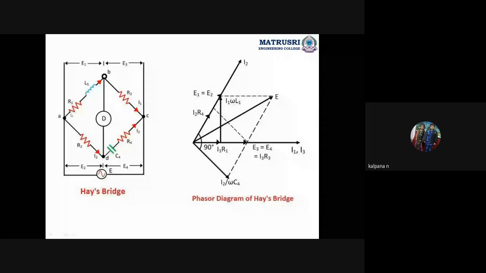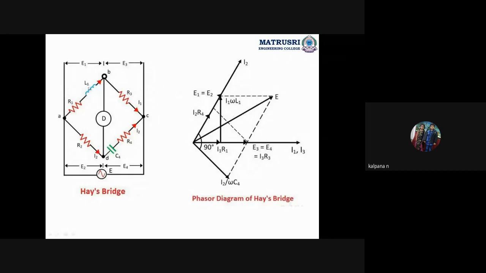This bridge is a simple bridge, so we can apply Z1 Z4 is equal to Z2 Z3. In order to apply the balance equation, first we need to write down the impedances of all the branches. Z1 is equal to R1 plus j omega L1. Next, Z3 is equal to R3, Z2 is equal to R2, Z4 is equal to R4 plus j omega C4, right? What is jXC4? It is 1 by 2 pi FC.